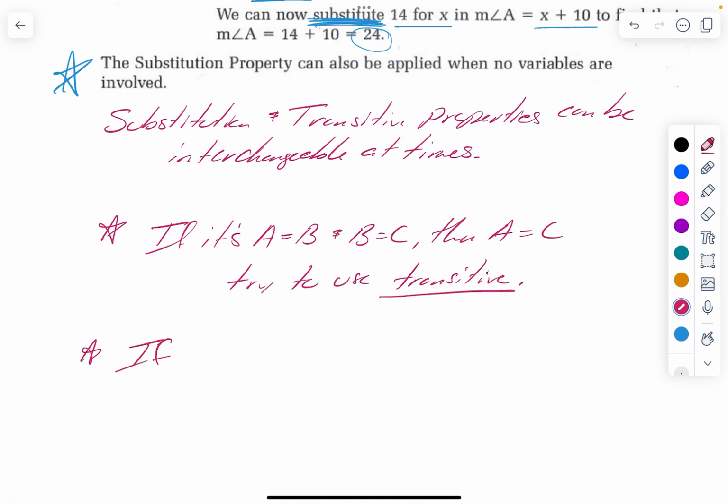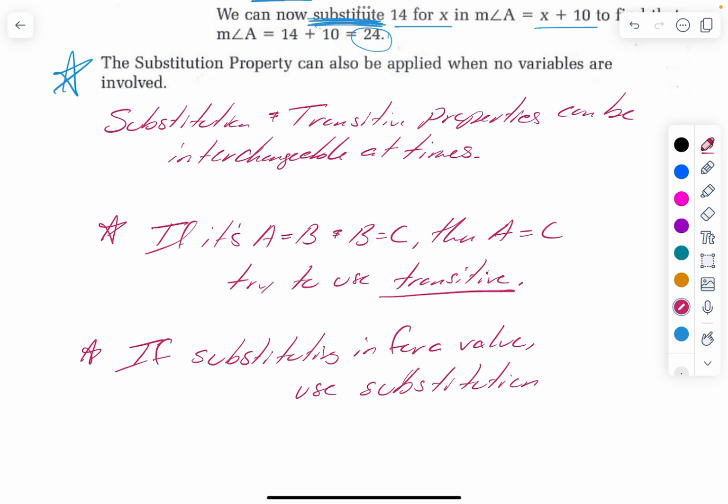If you're substituting in for a value, you need to use substitution. Now, on today's assignment, you'll see some you can use either or, but some are clearly substitution